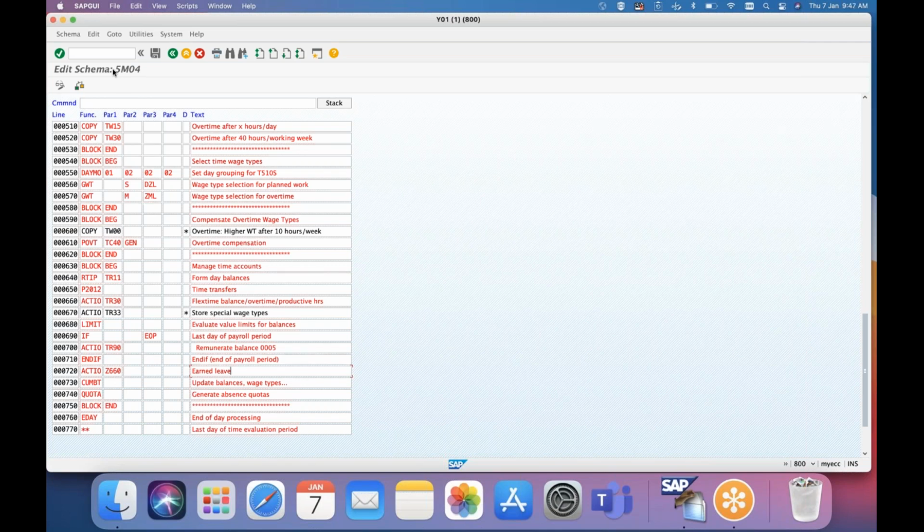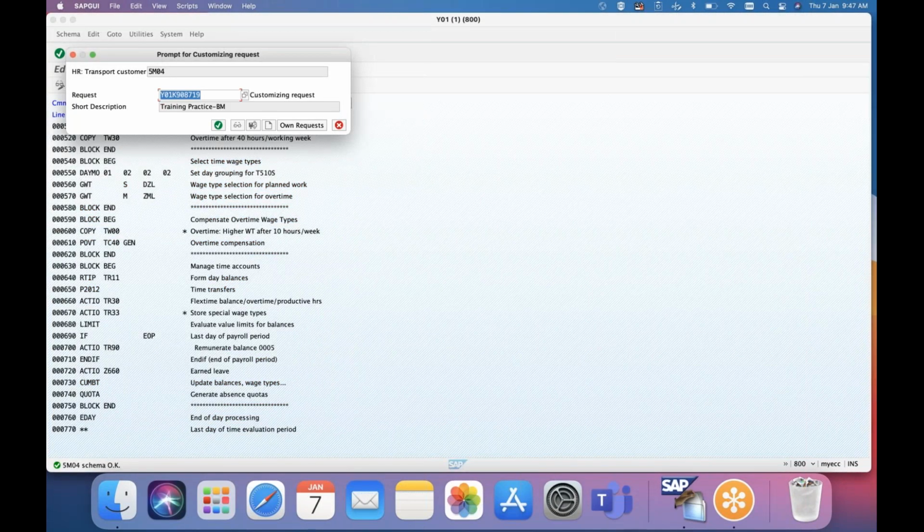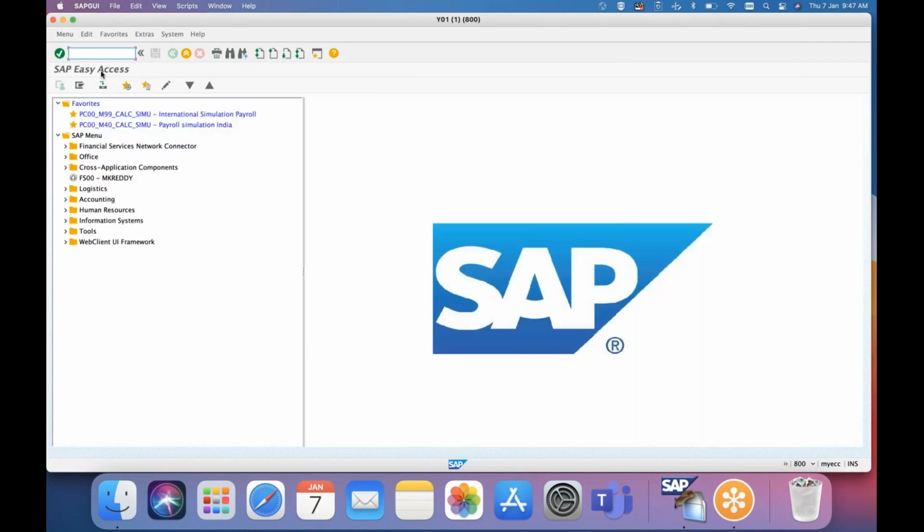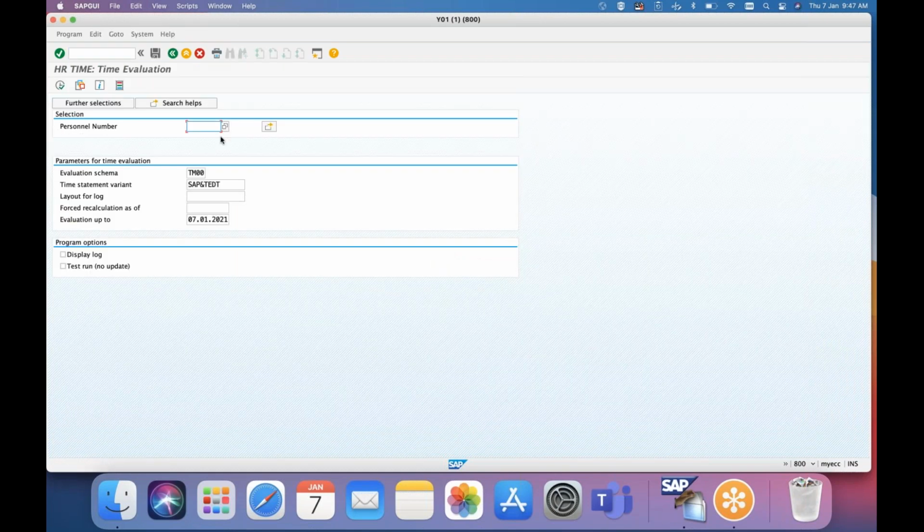So I have inserted this line, and we will execute this schema to test how it is getting generated. Now we have RPTIME00 for evaluating times, or we can use transaction PT60. Here we will take the same employee and use 5M04.